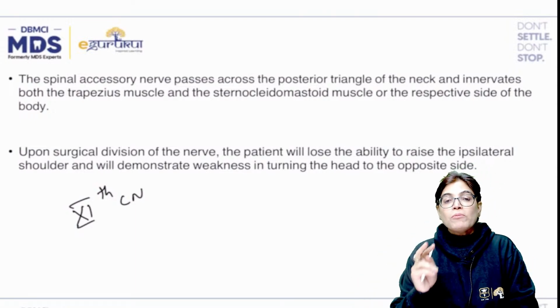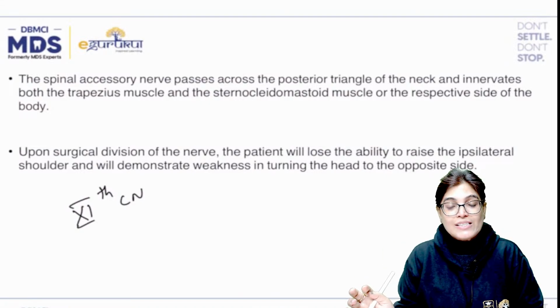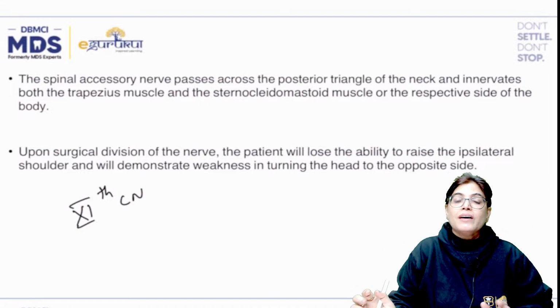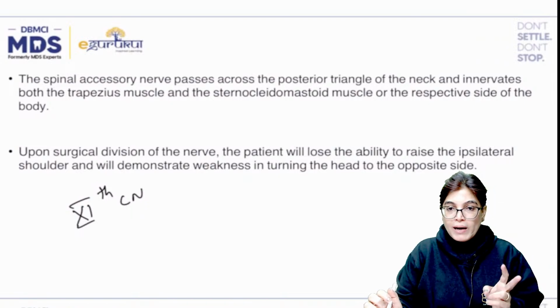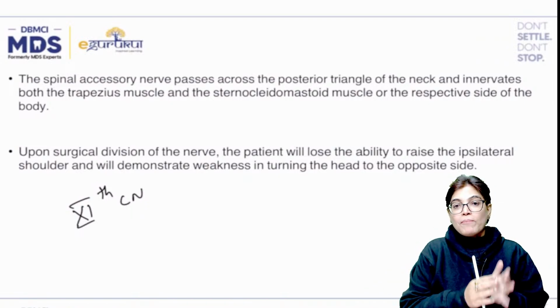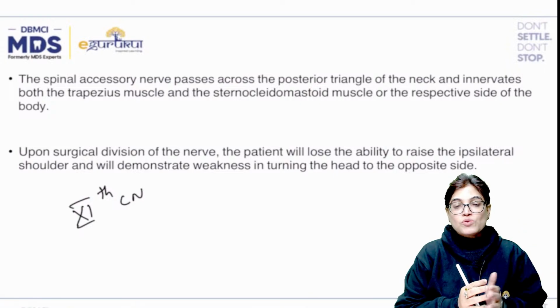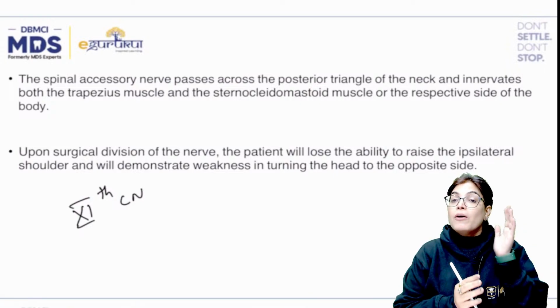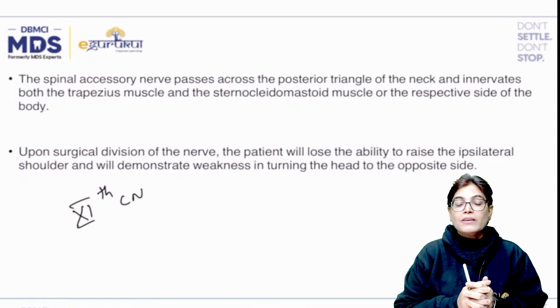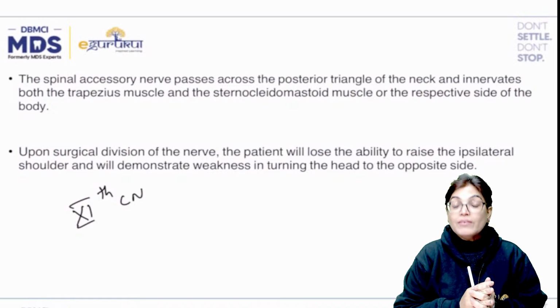So when I am talking about the spinal part of the accessory nerve, it's the spinal accessory nerve, which is giving innervation to two muscles that are forming the boundary of the posterior triangle of the neck. So we have got the sternocleidomastoid muscle and the trapezius muscle. Both of these muscles are innervated by the spinal part of the accessory nerve, that is called the spinal accessory nerve.